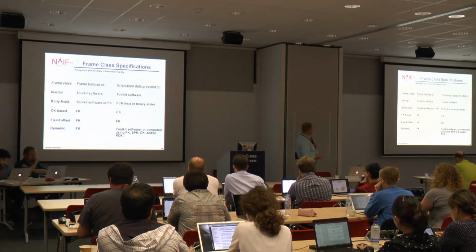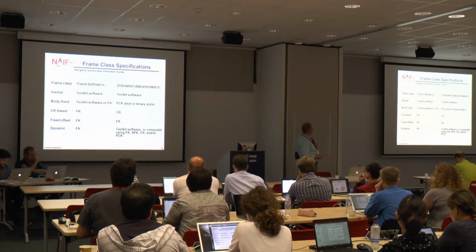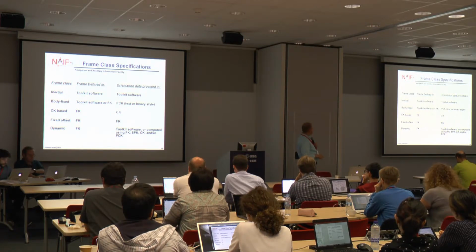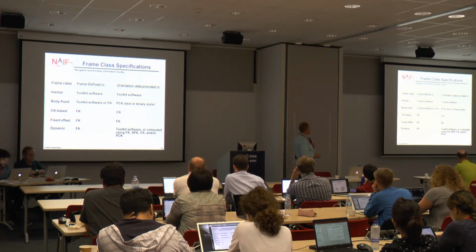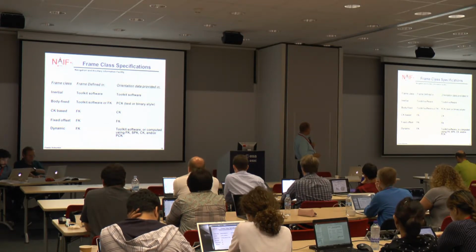So depending on the frame class, a frame is defined either in the toolkit or in the frames kernel, and its orientation is provided either in the toolkit or in one or more SPICE kernels. For example, all inertial frames are built into the toolkit software, and their rotation data with respect to each other is also built into the toolkit software. You can see all of them if you look at the frames required reading. Body fixed frames, on the other hand, are both built into the toolkit software